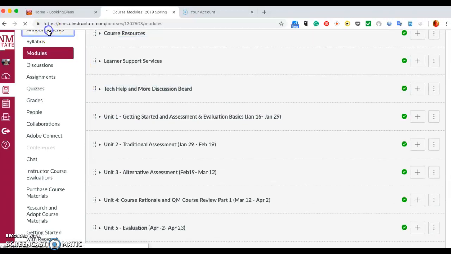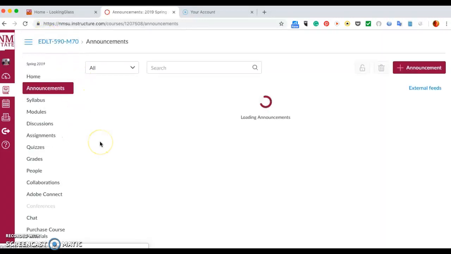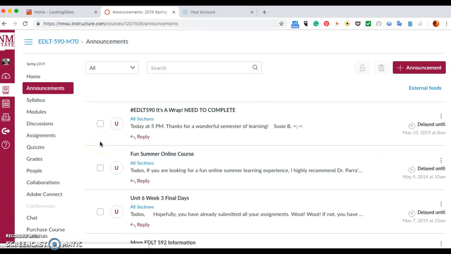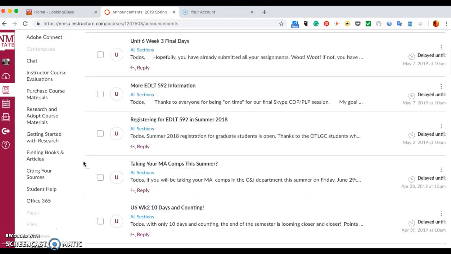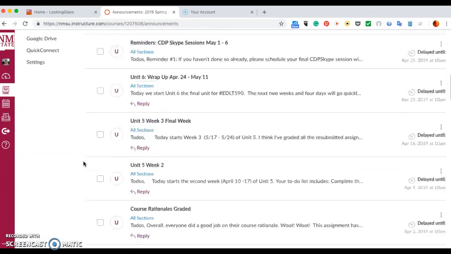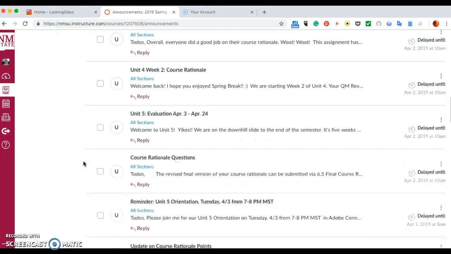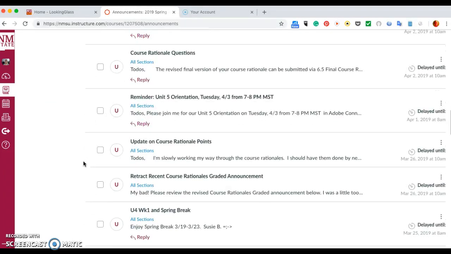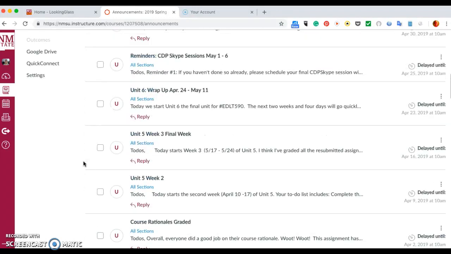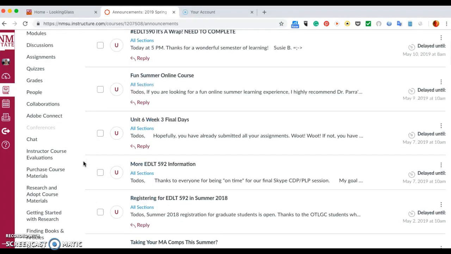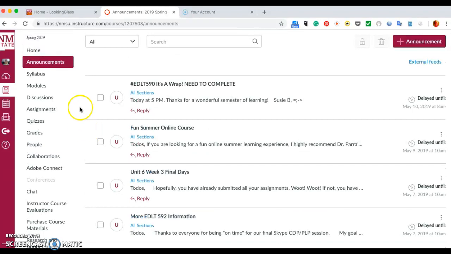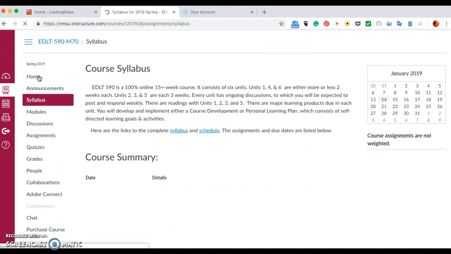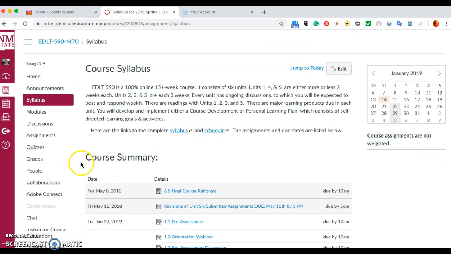I use announcements extensively, at least once, more likely twice a week, to keep you informed. And no, you can't see all these announcements. I have them delayed. The one announcement you should be able to see starting on Wednesday, because that's when our semester starts, is the welcome message, which is in here somewhere. But anyway, I do use announcements extensively, and you can access the syllabus here as well from these links, as well as the other links inside the module.